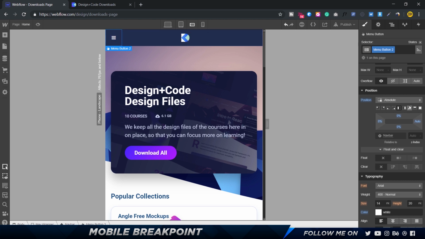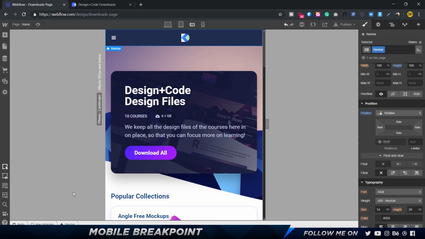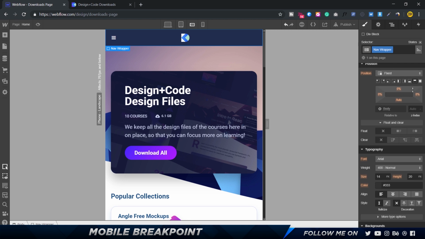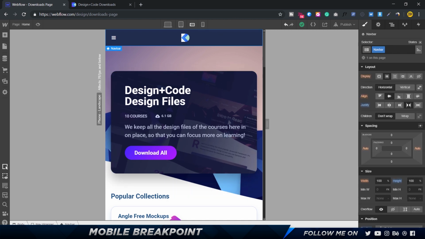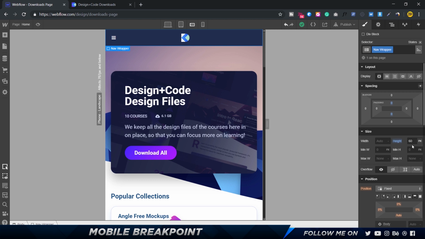Now you might face an issue. So what you can do is select the actual nav wrapper, and give it a height of any number. So I've given it 60 pixels over here. The next thing you want to do is select this nav bar and set the height of that to 100%. I actually kind of messed up the recording, but this is actually what you want to do. You want to select the nav bar, set that height to 100%, and choose the nav wrapper and set that to 60 pixels or whatever pixel you want, and now it's going to work